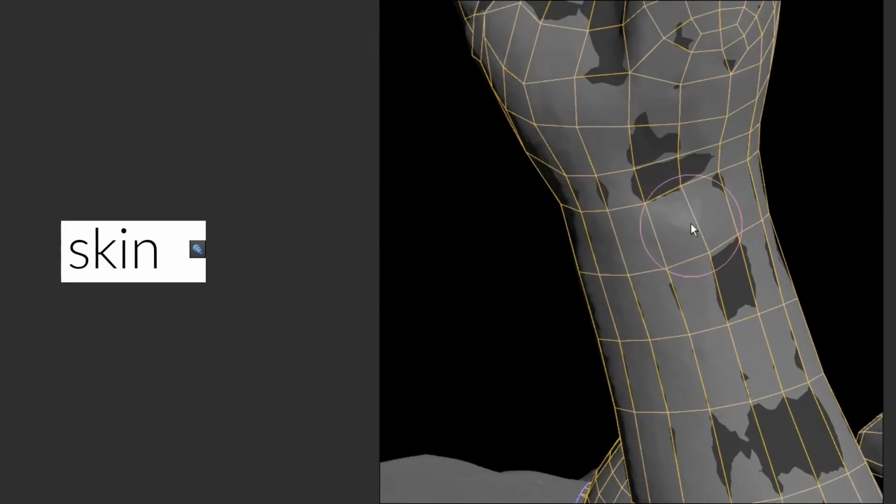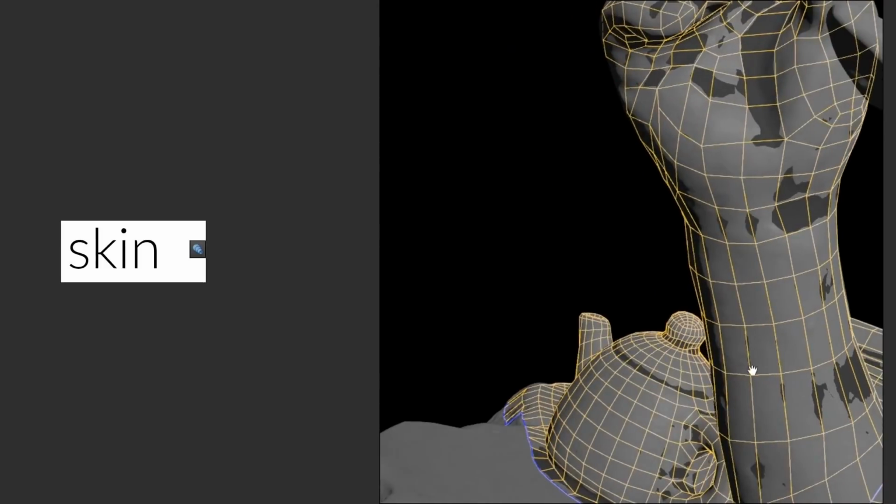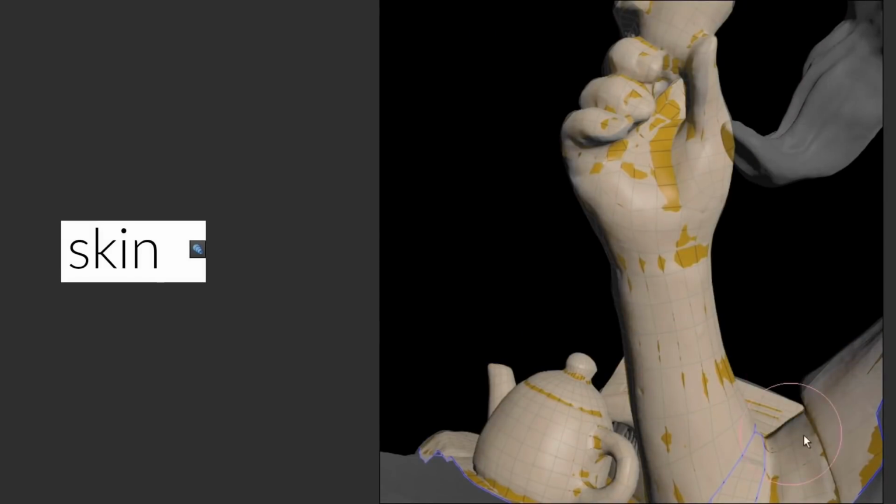And this is just using the smooth mode to relax stuff. So again, very handy tools to have, but it's only restricted to